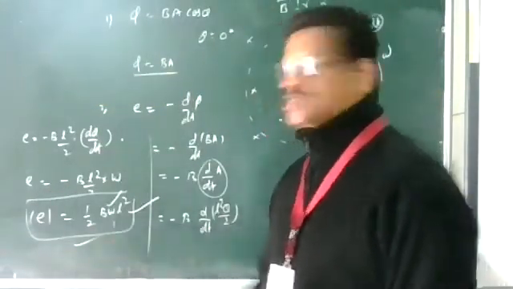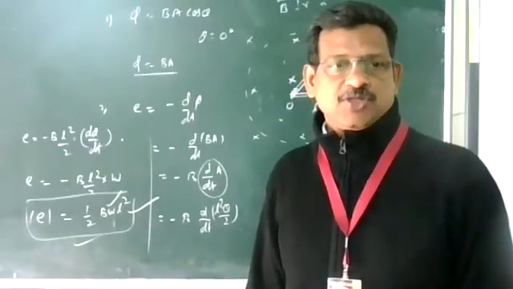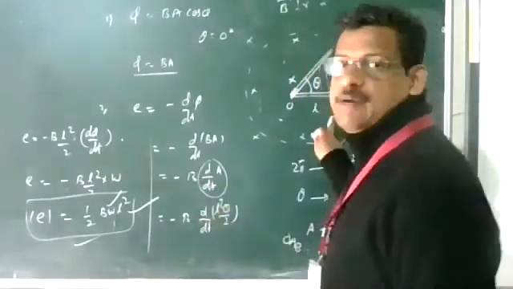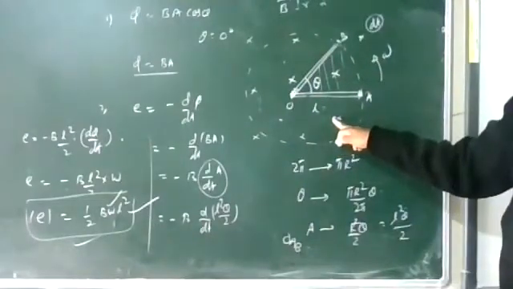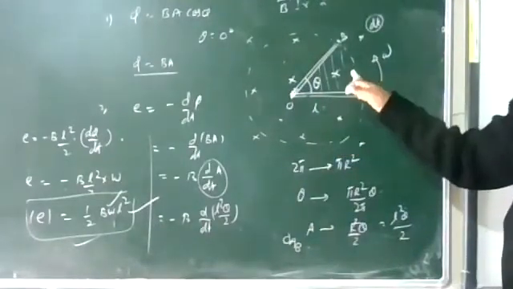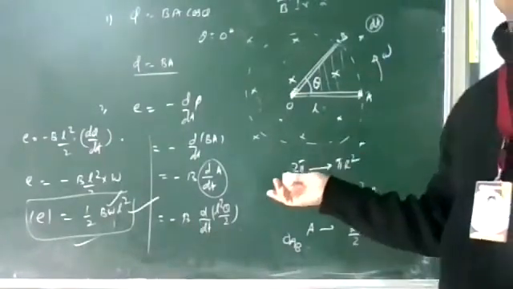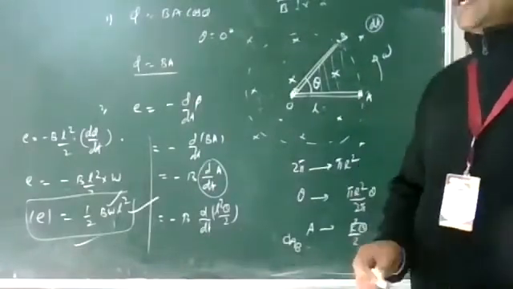Half B omega L square. The negative sign gives the direction of the induced EMF, which is given by Lenz's law. Here the same conductor is rotating in the magnetic field like this. The plane of rotation is perpendicular to the direction of the magnetic field. So here the angle theta through which the flux passes again changes. It is another example of motion EMF, but in rotation. There are many examples. Numericals are good there.